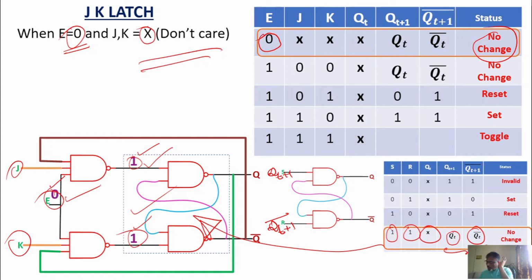Hope you understood now what happens when E is equal to 0 and J and K can be anything, and your QT also can be anything. Present state can be anything. Hope you understood this. Now, let us see what happens when